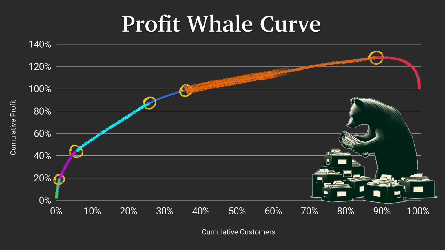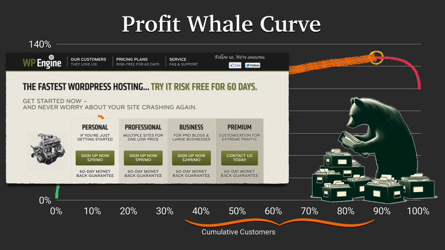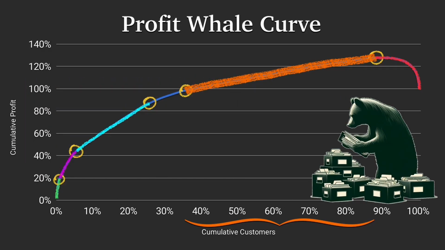In this case, for example, we have this big, consistent set of customers in orange. Each customer individually isn't contributing that much profit. That's why the slope is small. But first of all, these represent 50% of our customers, so it's really important that we understand them. And second, for us at WP Engine, these were our customers paying for the smallest plan. And because the price is just $29 a month, the profit contribution can't be more than $29 per month either, but nearly all of them cost us very little. And therefore, these customers are actually quite profitable, and thus these orange customers are a wonderful, healthy, and profitable segment.